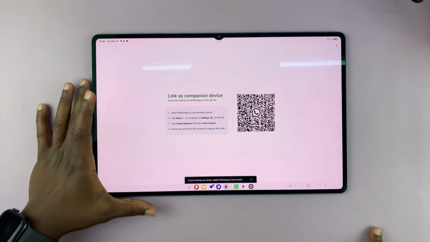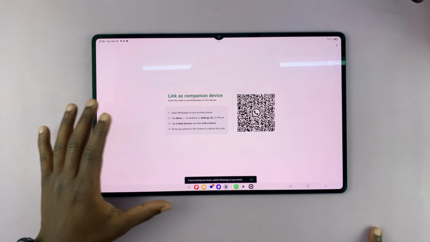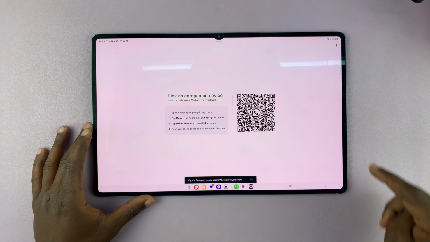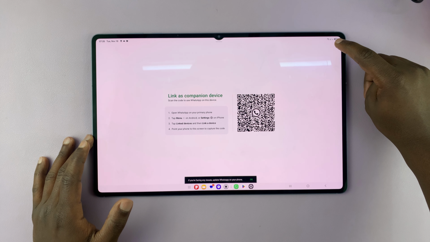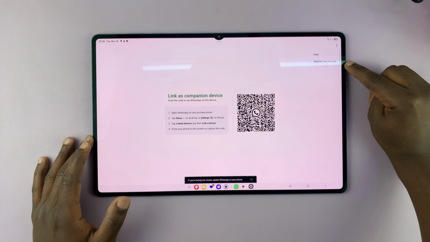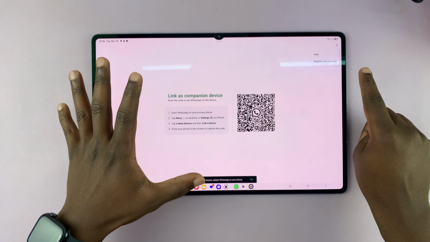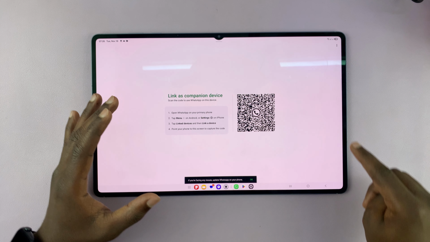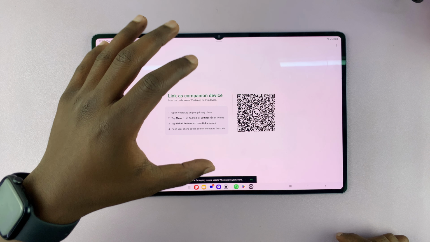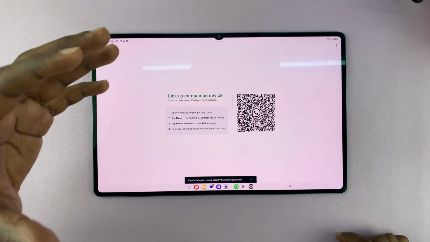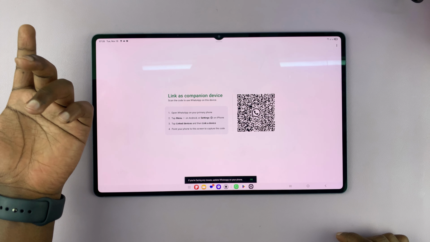If you just want to register a brand new WhatsApp account and not use this as a companion device for your phone, then you go to the three dots in the top right corner and select register new account. Okay, so those are the two options you have. You can have this as a separate WhatsApp account, or you can use this as a companion WhatsApp account for the account you normally use on your phone. Okay,